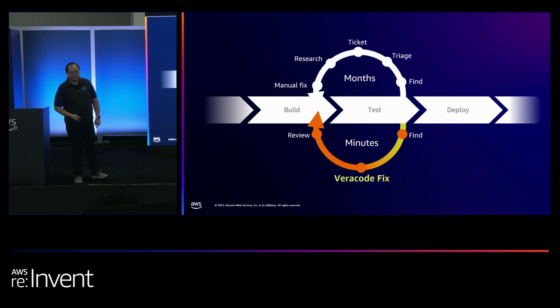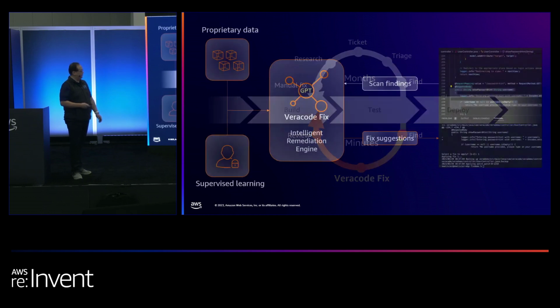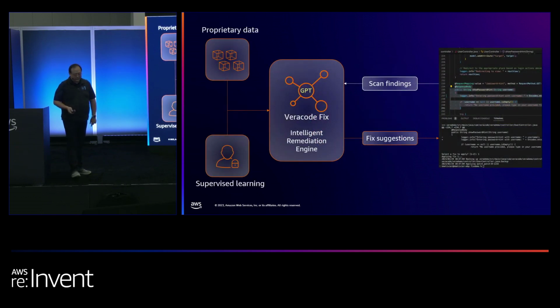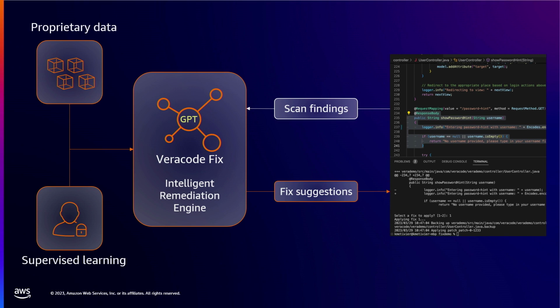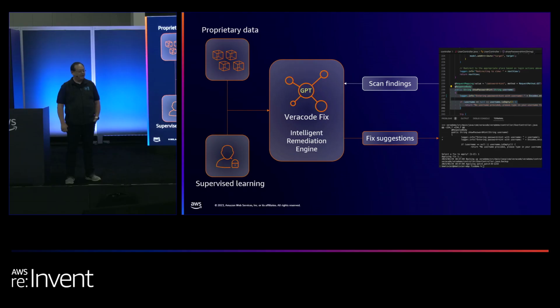Veracode Fix is an AI-assisted machine learning tool that we've developed that can actually go and fix those flaws for the developers themselves. And the way we do it is through responsible AI, right? There's a lot of chatter about ChatGPT and these other things, and there's other ways to go about doing an AI remediation. But our product has been built over years and years of research, understanding how development works, how applications are run, and how applications are actually designed.